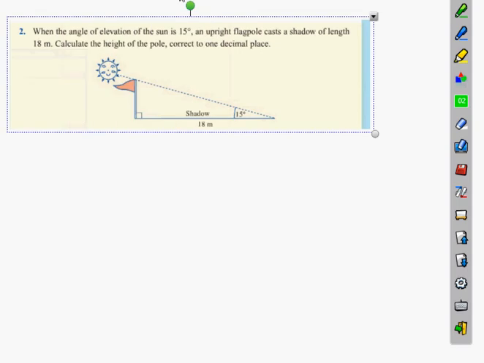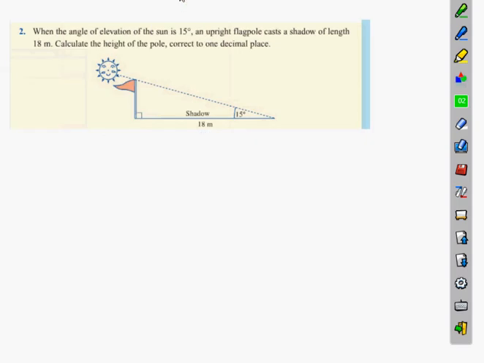What we have here is when the angle of elevation of the sun is 15 degrees, okay? The upright flag casts a shadow of length 18 meters. Calculate the height of the pole, correct to 1 decimal place. Now what I'm trying to ask you guys is what side is the 18 and what side is the flag? So if we put X as the length of the flag, which is here,